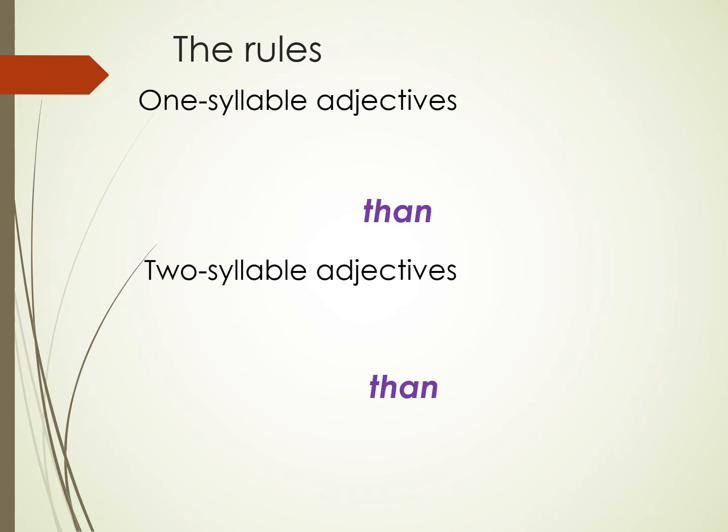Okay, so let's look at the rules. Okay, how are we going to add? Just now we have seen we add er, we add IER, and for some of the words we add more. So you must be able to remember all these rules to apply to the adjective. Okay, when we have a one-syllable adjective, usually the short word, we just add er. Hot will be hotter, and then we double the T here at er. Hot, hotter than. Big, bigger than. Fat, fatter than. Large,